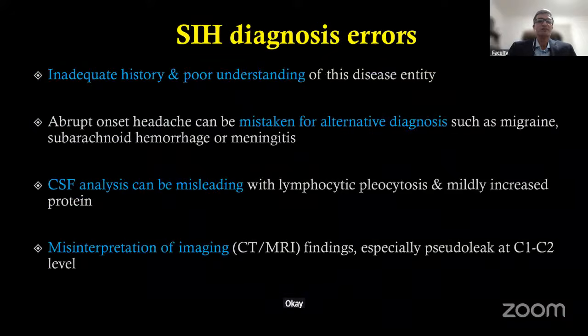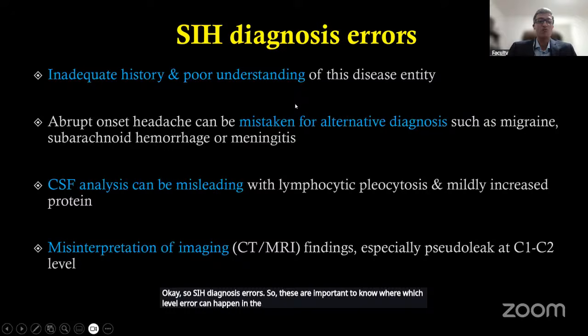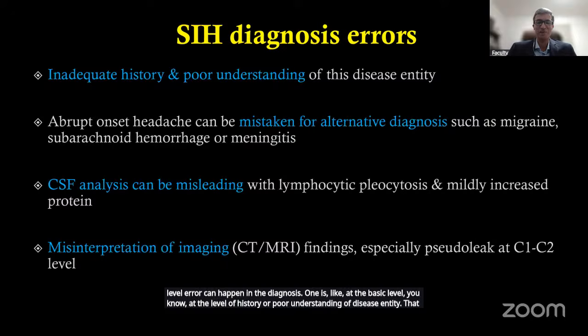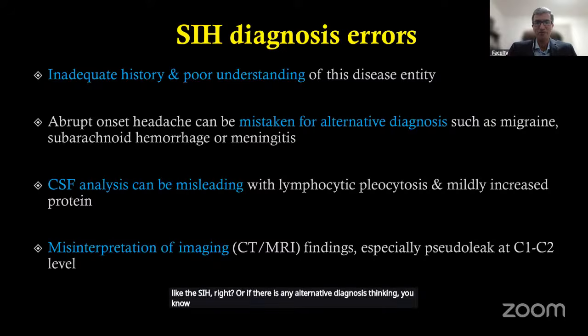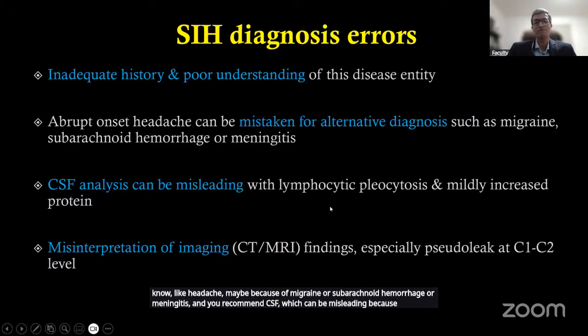Okay. So SIH diagnosis errors. These are important to know, at which level the error can happen in the diagnosis. One is at the basic level, at the level of history or poor understanding of the disease entity. That's where the errors can happen. The clinician may or may not even suspect SIH, right? Or if there is alternative diagnosis thinking, like headache maybe because of migraine or subarachnoid hemorrhage or meningitis, and you recommend CSF, which can be misleading because these patients tend to have some degree of lymphocytic pleocytosis, mildly increased protein,